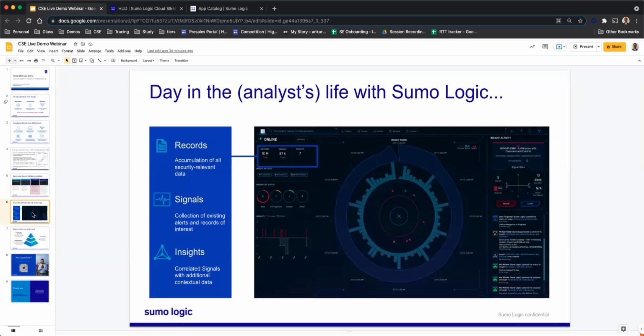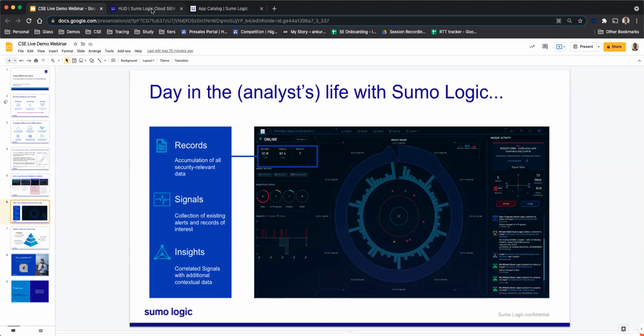So let's get into the Cloud SIEM demo today. What you're going to see is this particular view where we have a purpose-built analyst-focused interface. And here you can see a central HUD view, which basically shows a snapshot of the ingestions, etc. And you can see certain parameters which will be shown on the left-hand side. What is important about this particular view is that this gives you a snapshot of what you need to focus on the moment you log into the platform.